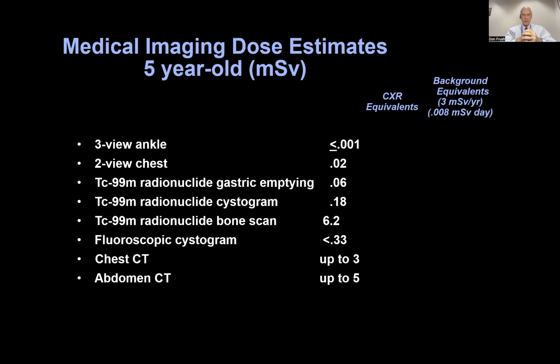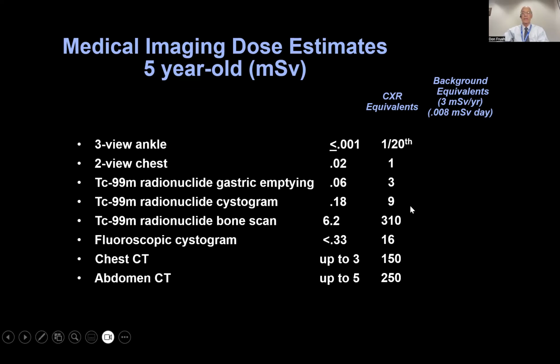But first, I just wanted to bring up one thing, because it does come up sometimes, and that is with relation to radiation that we give in medical imaging. I put some examples of different studies here: an ankle film, a chest X-ray, an abdomen CT. And you can look at the chest X-ray equivalent. Obviously a chest X-ray equivalent is 1, but an ankle film is much less dose than a chest X-ray equivalent. And of course, depending on how you do it, the CT examinations can be many more